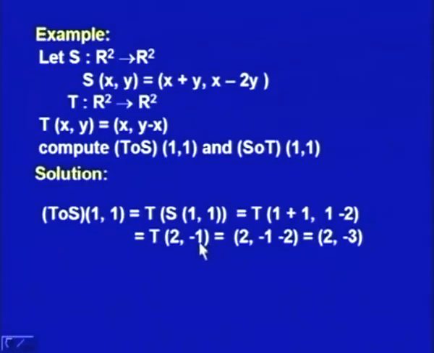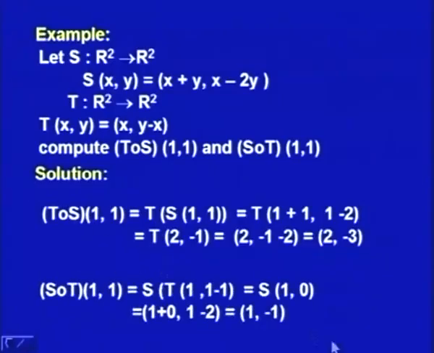Then I apply the definition for the second transformation T, that is this definition, and this means x is equal to 2, and the second component will become y minus x, where y is equal to minus 1 and x is 2. So, it becomes minus 1 minus 2, and finally it is 2 comma minus 3. So, T composite S of 1 comma 1 is 2 comma minus 3,